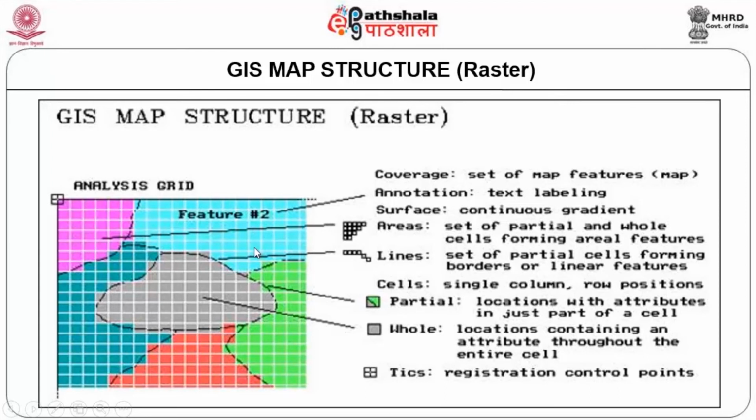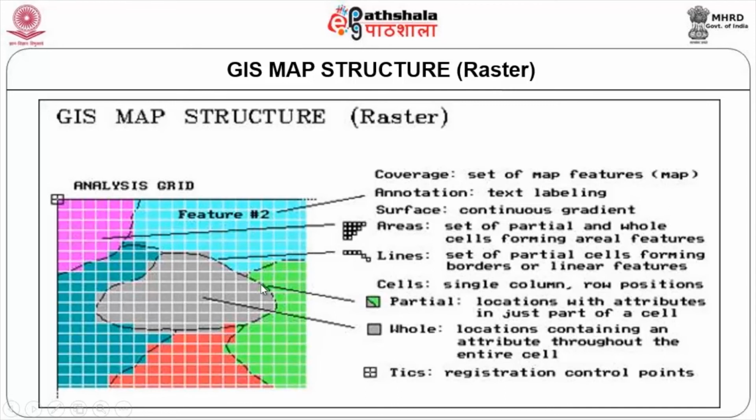When you say partial cell, you can see here, if you take into consideration this one, the green part is this polygon and the ash gray part is this part of the polygon. But how do you decide whether it belongs to this area or this area? What the system does, depending upon the actual areal occupation, whichever polygon or whichever part is occupying more, it will be assigned to that polygon.